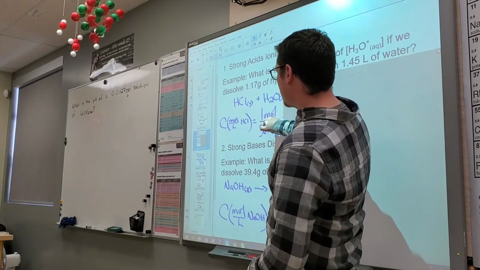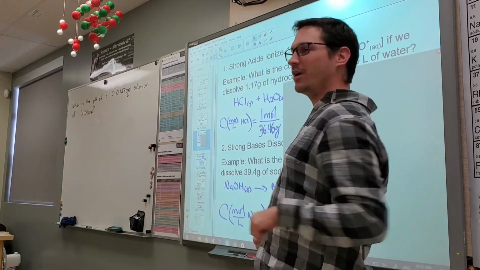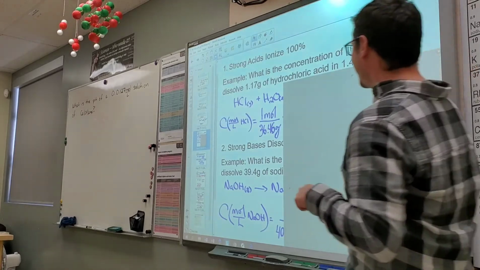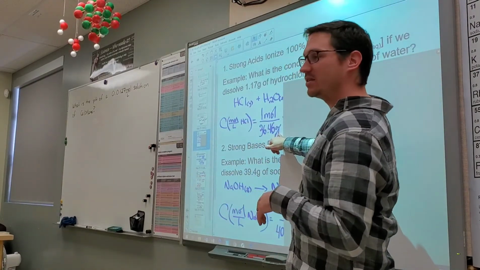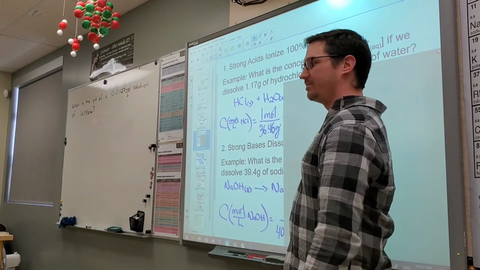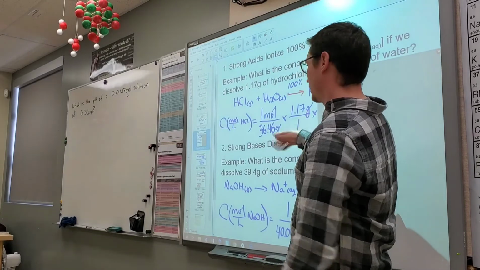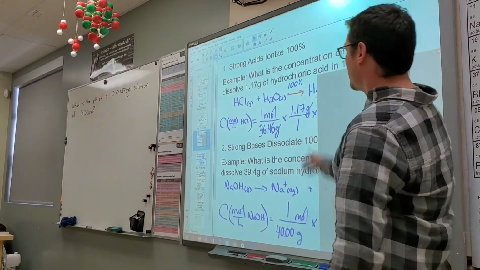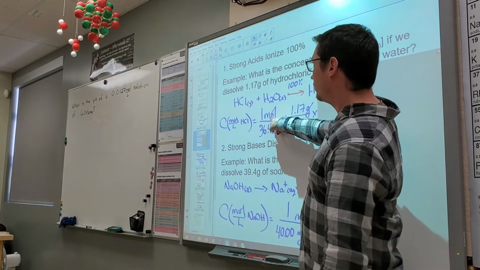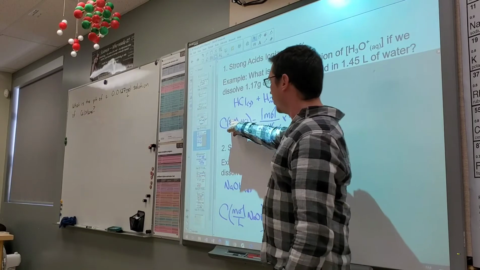Do we have moles of hydrochloric acid on top? Woo! We're halfway there. Come on, let's go. So we got moles on top and we got grams on the bottom. Do you like grams on the bottom? No, then cancel it out with grams on the bottom. Sorry, grams on top. Cancel it out with grams on top. So grams and grams cancel. You're left with moles. That's the only unit you have right now. So you're left with moles of hydrochloric acid.